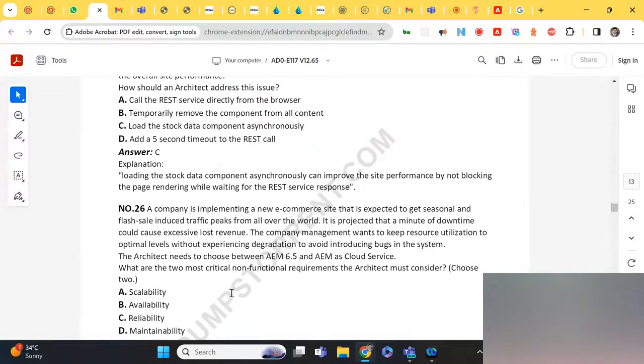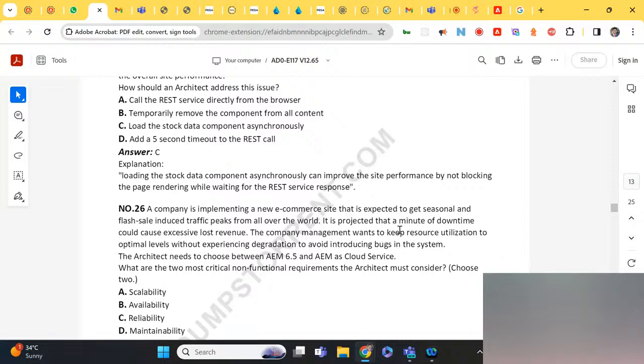Scalability, availability, reliability, maintainability. So traffic peaks have to be scalable, right? All over the world, and also a minute of downtime, so they are not supposed to accept that. So availability should almost certainly be there. So what do you think, guys?